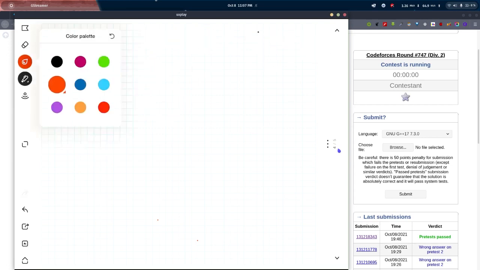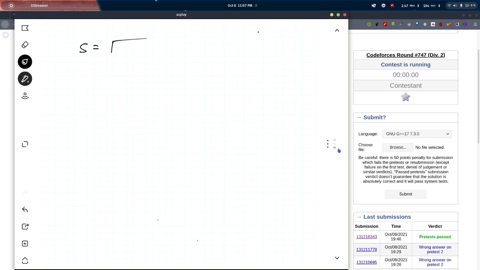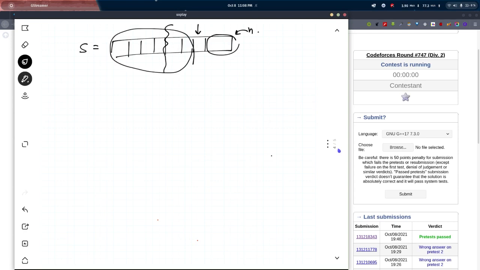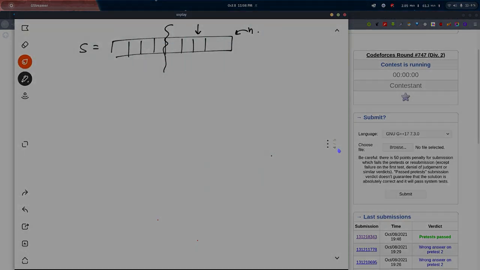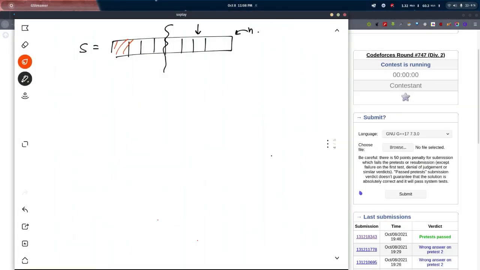Let me say why this works. I have my string s which has some characters, and I have divided by x. When I take x as n minus 1, this position is n and this position is n minus 1, then I can change all the numbers from here to here, and I can also change this number. So I can change all the numbers from this position to this position and also this position, because n is not a multiple of n minus 1.